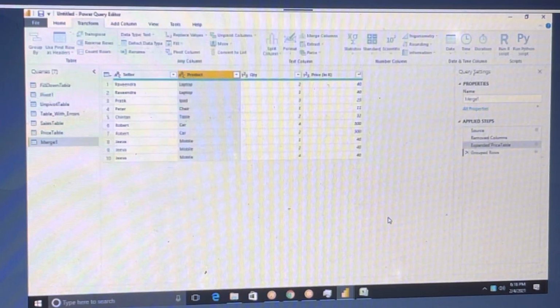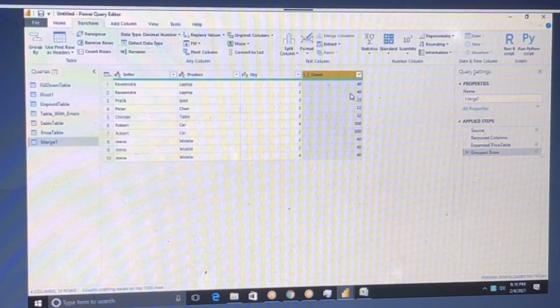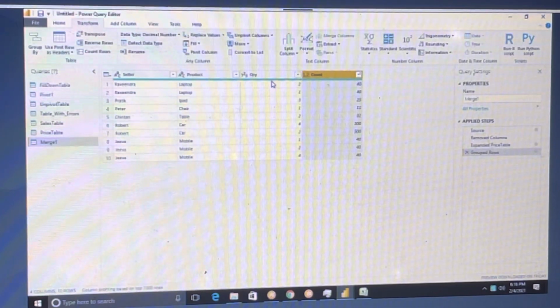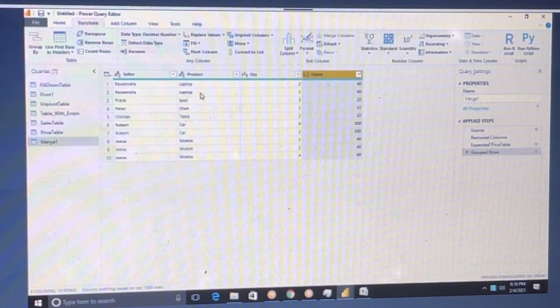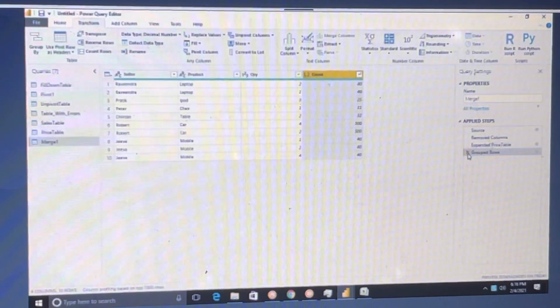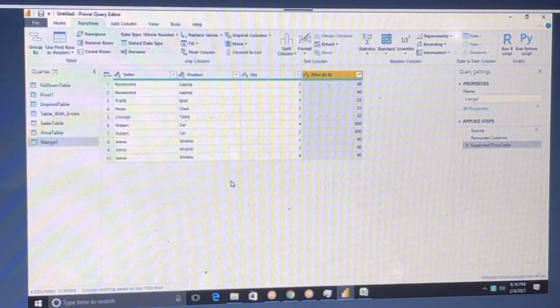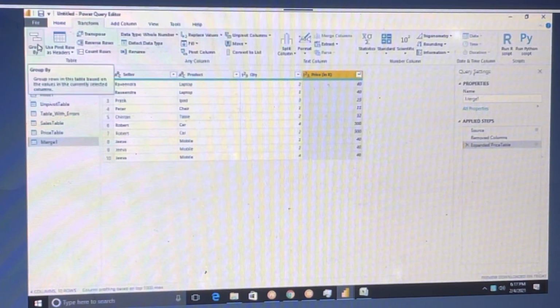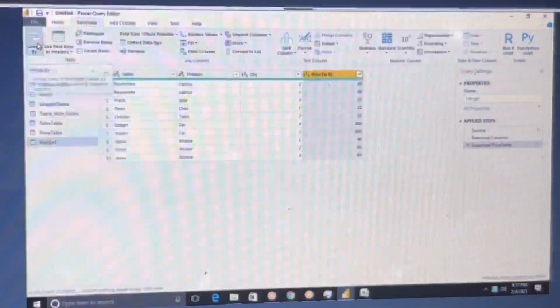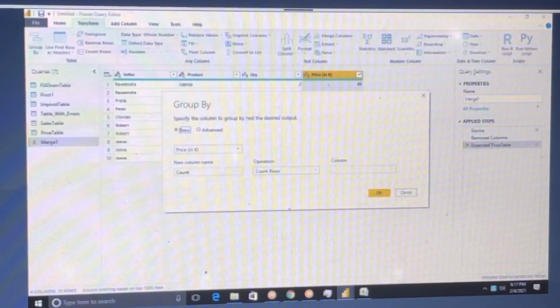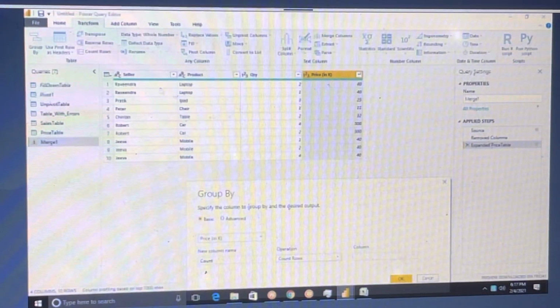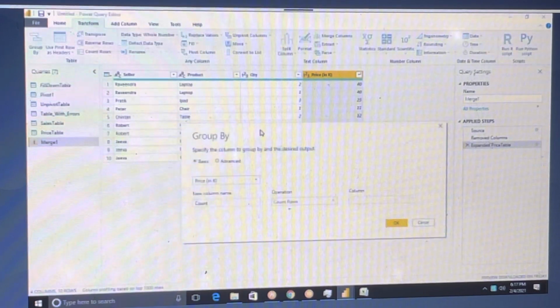Quantity is added. Why do I want this: all together, productive, both laptop, one laptop, quantity, sum of quantity also. So you don't want quantity like Ravindra, it has to come as laptop 80? No, I want quantity also, but I want quantity to be 3 instead of 2 and 1.